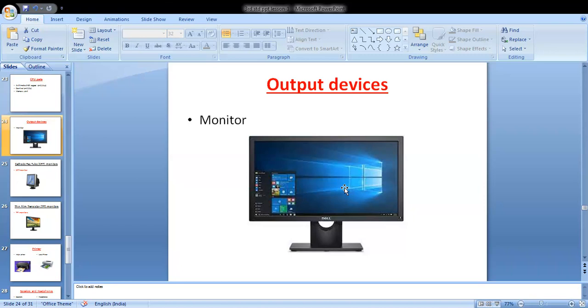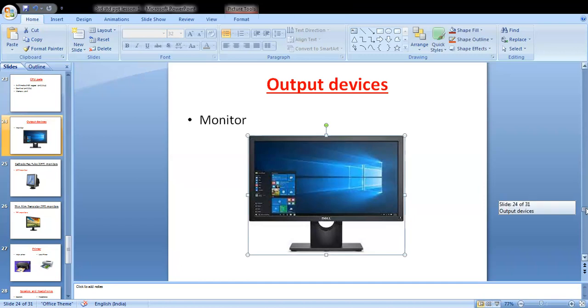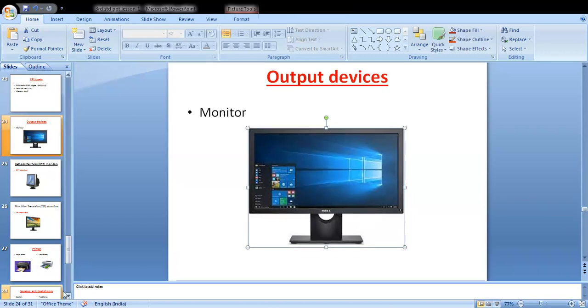Then you can also watch movies and cartoons on monitor. Monitor is also known as VDU, that is visual display unit. Means you can see here anything, that is why it is called visual display unit.